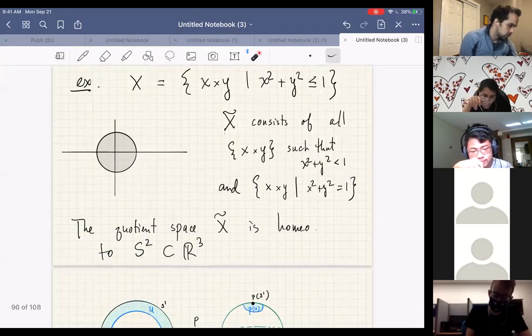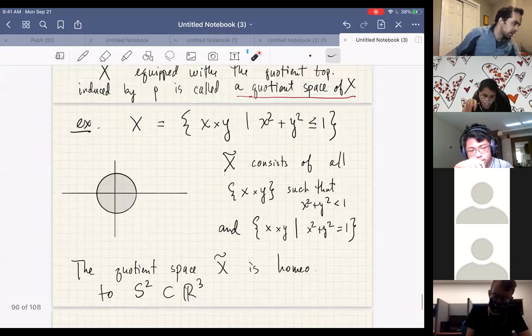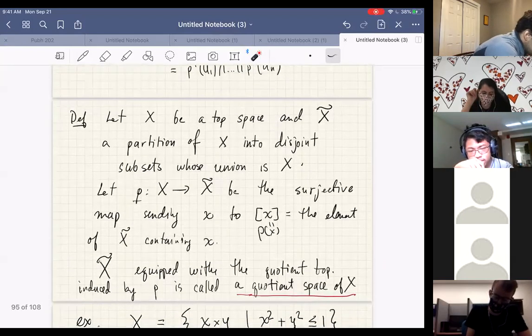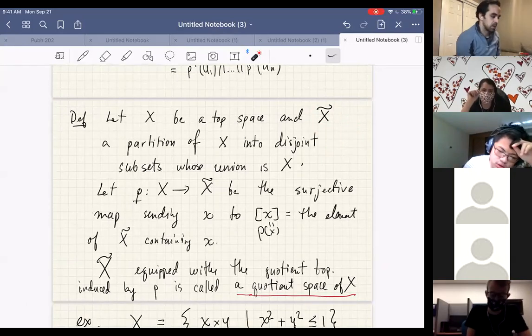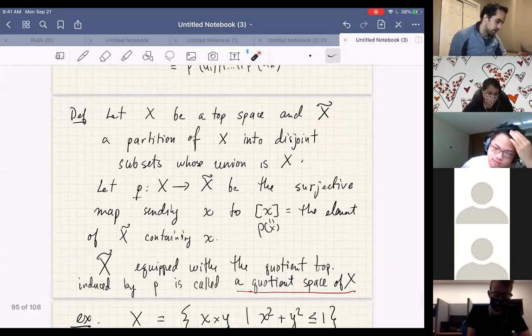Let's see. So, the book uses this notation X star for these partitions of X, but I prefer X tilde. Anyway,